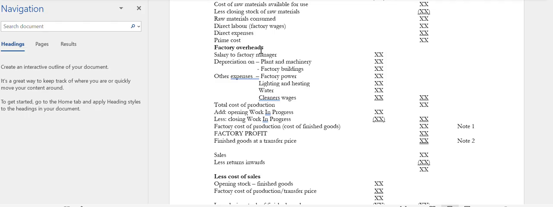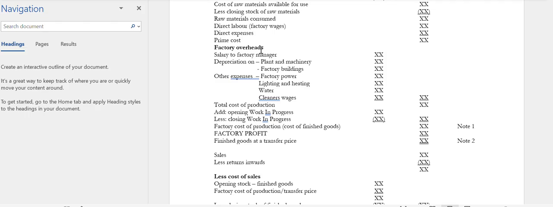So you add any other cost that cannot be traced directly to the production process. Yes, it is incurred in the production process but cannot be directly traced. Salary of factory manager or supervisor, the depreciation, other expenses incurred in the manufacturing department such as rent, lighting, heat, wages to cleaners. You know, cleaners do not directly work in the production process, so they enhance the working environment. So add all these costs now to get what we call